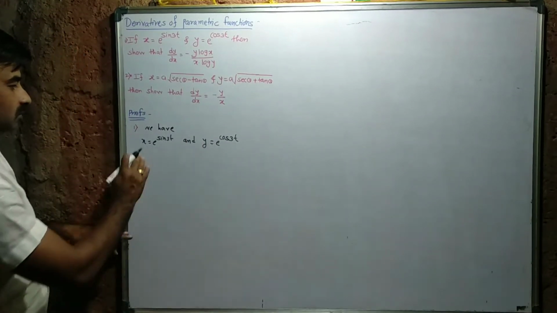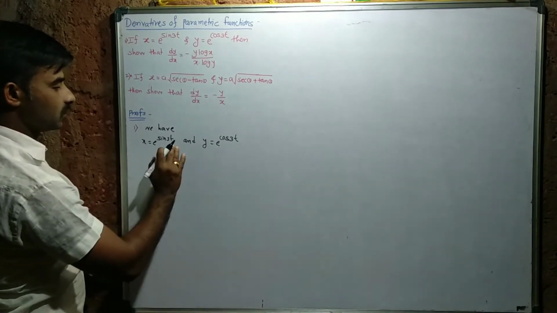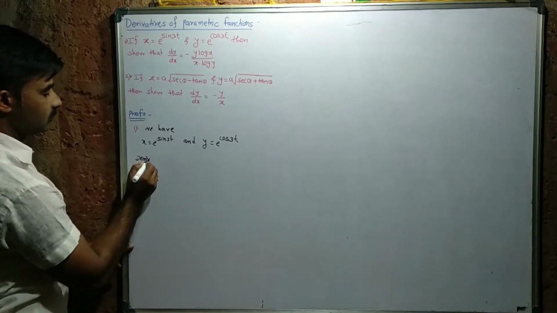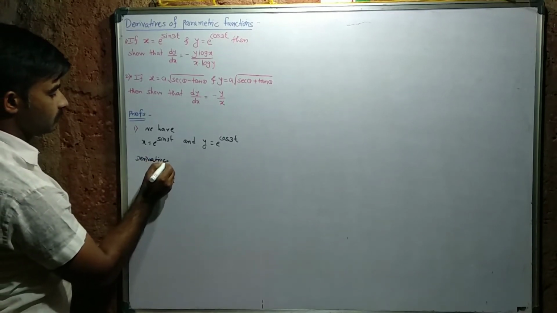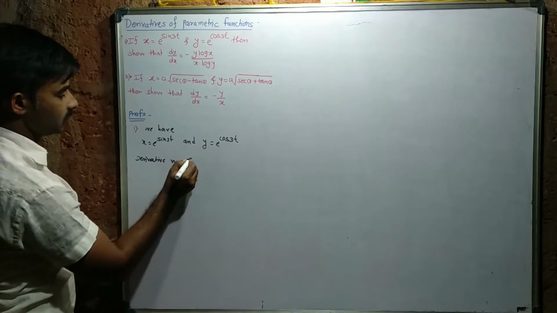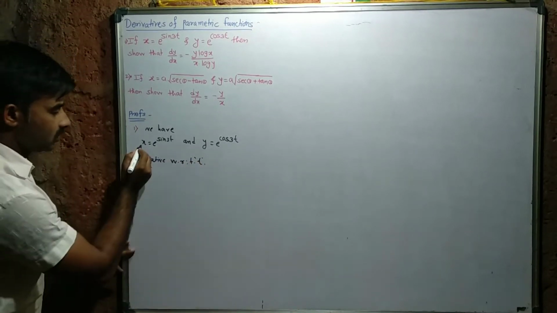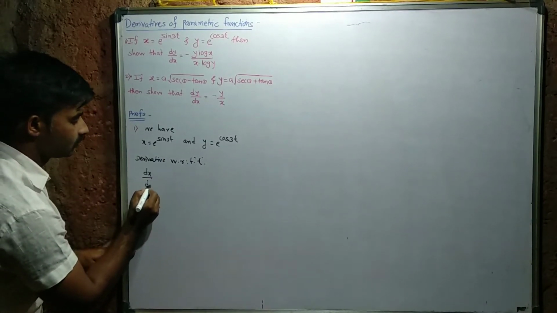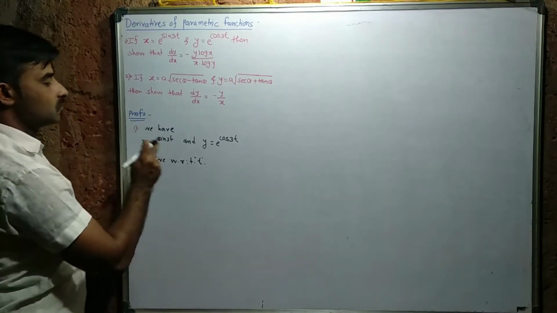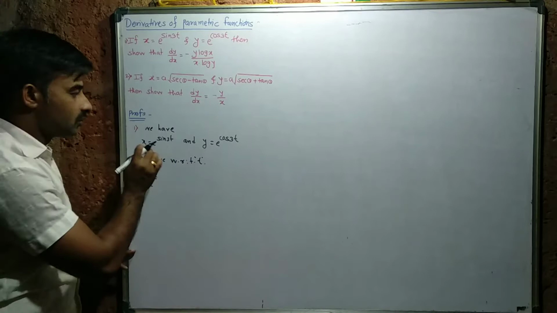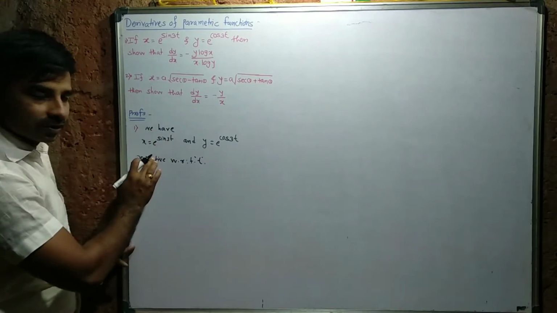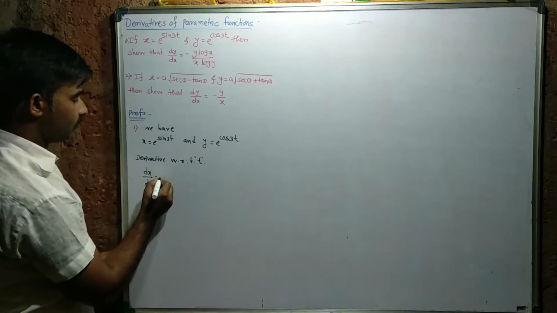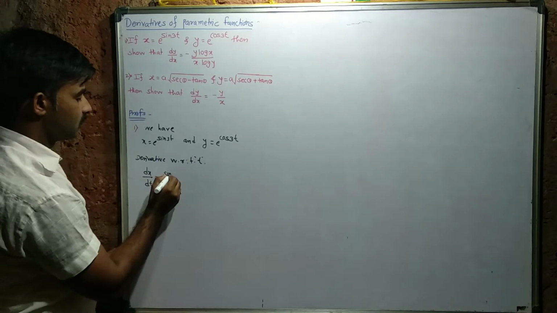Then first of all we have to take the derivative of x with respect to t and the derivative of y with respect to t. The derivative of x with respect to t is dx by dt. First of all, e raised to something is here. That means we have to take e raised to x. This is a composite function, and e raised to x has the derivative e raised to x. Therefore, e raised to sine 3t has the derivative e raised to sine 3t.